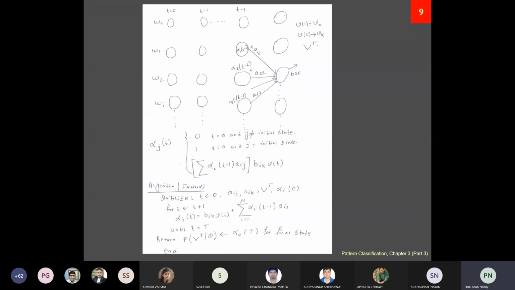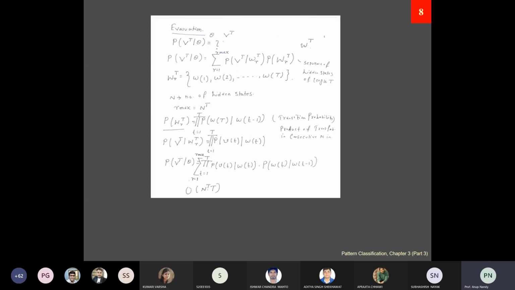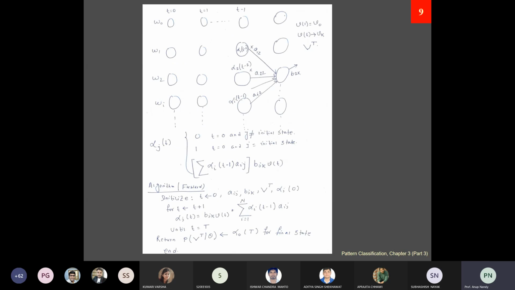And this whole thing should be multiplied. Earlier we were doing a very crude design. So you need to multiply with the transition probability for each instance of hidden states. You have computed these visible sequences, then you have to take the product again, then sum them up. But here only a few things are needed, alpha j.